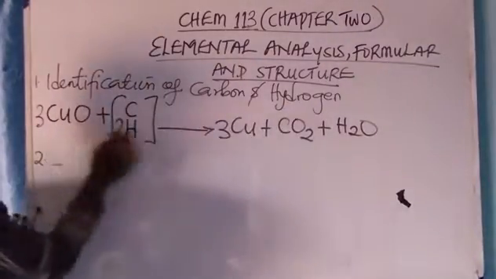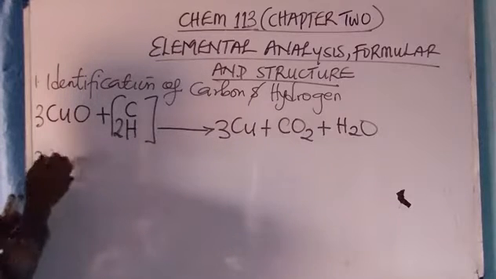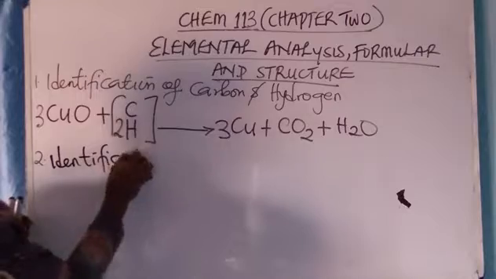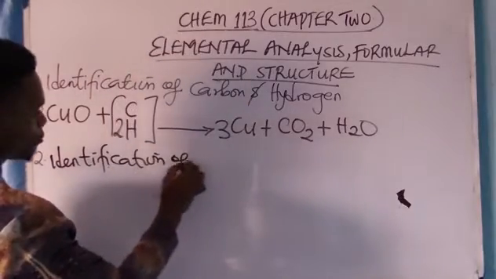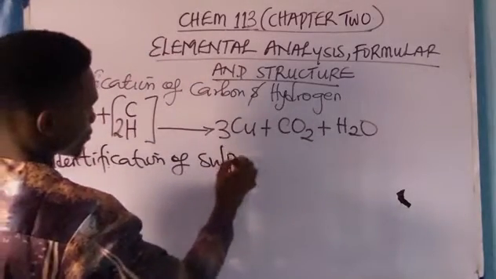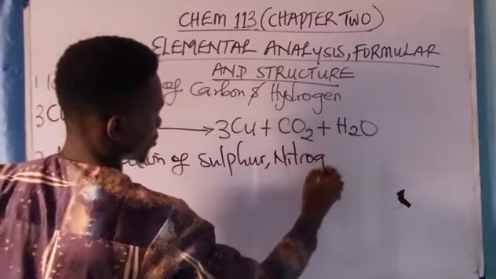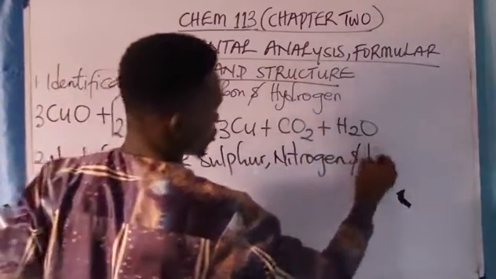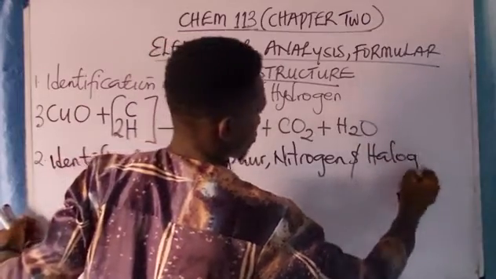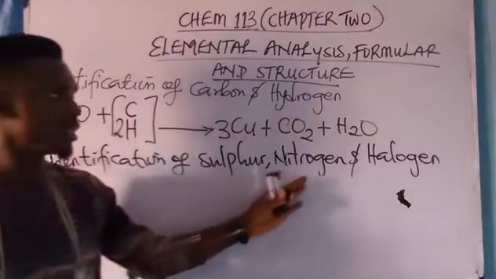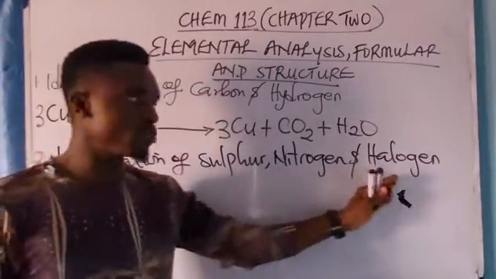Now the number 2 of it is identification of sulfur, nitrogen and halogen. Now, to identify sulfur, nitrogen, and halogen,